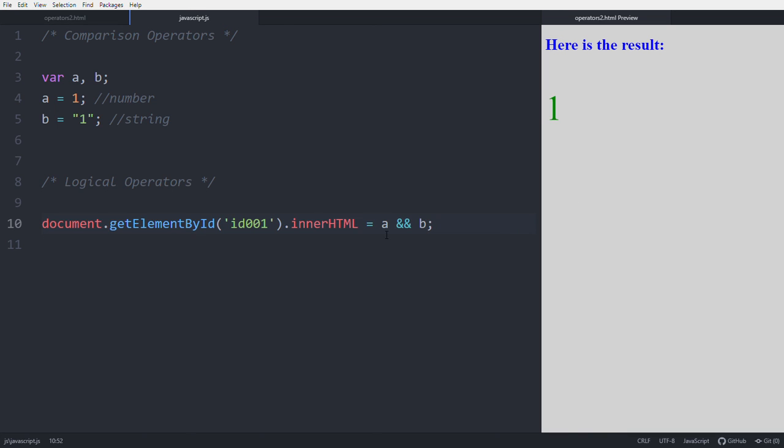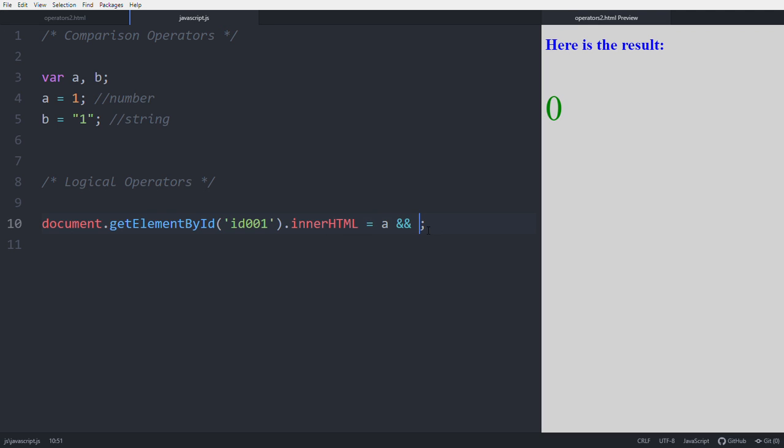Why? Because A is 1 and B is 1. If both are 1s, then only it results in 1, otherwise it results in 0. Make B 0. The result is 0, because if any one is 0, it is 0. Only when both values are 1s is the value 1.